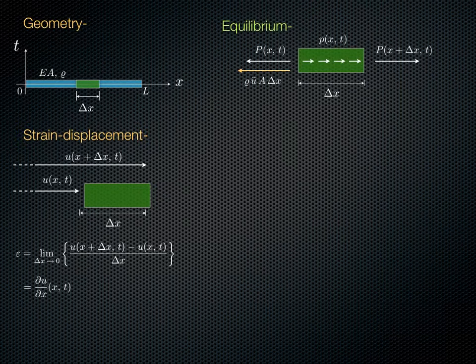Now let's take a look at the equilibrium equations we have on that same segment. Let's assume that we have some body forces, force per unit length, given to us by lowercase p of x and t. That would be an input to our problem. Then exposing the left and right hand sides, the internal forces on those locations, and denoting them with capital P's, we have a P of x and t pointing to the left, and a P of x plus delta x and t, which in general is going to have a different value than the one on the left side,